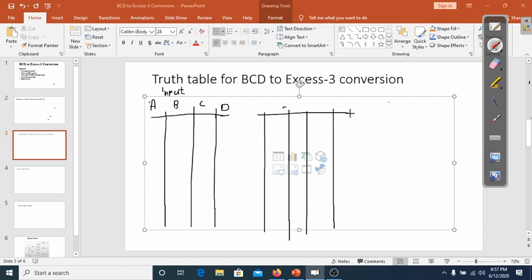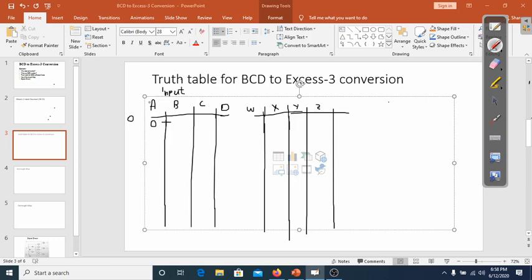For Excess-3, suppose the outputs are W, X, Y and Z. Corresponding to the number 0, the code would be